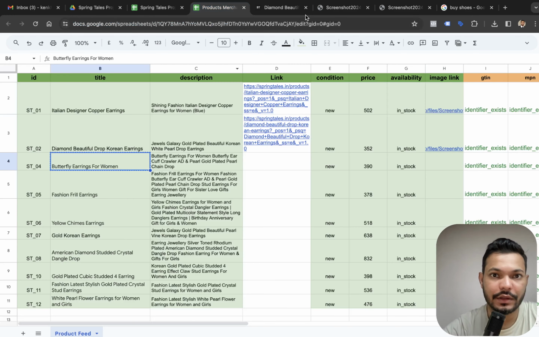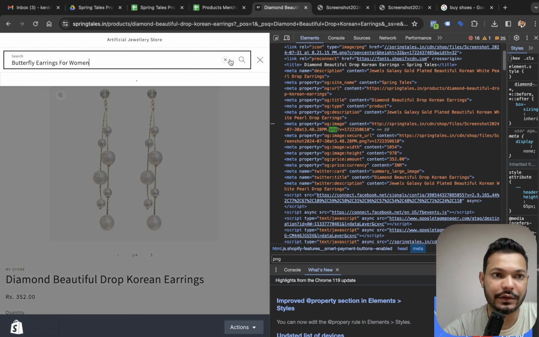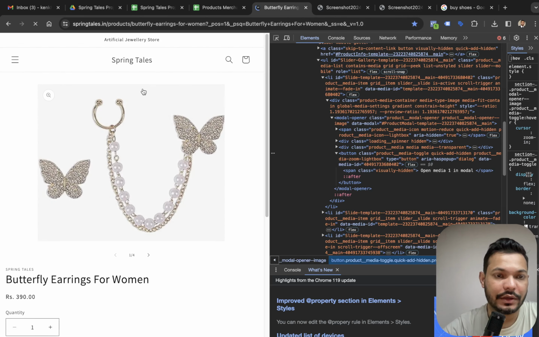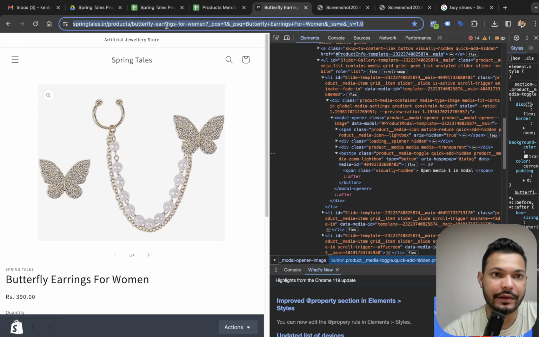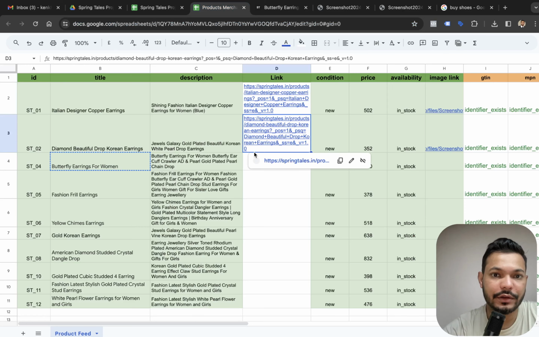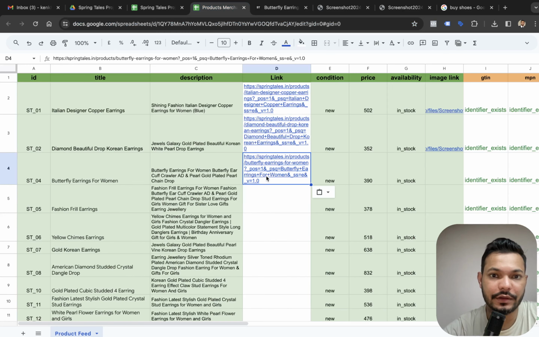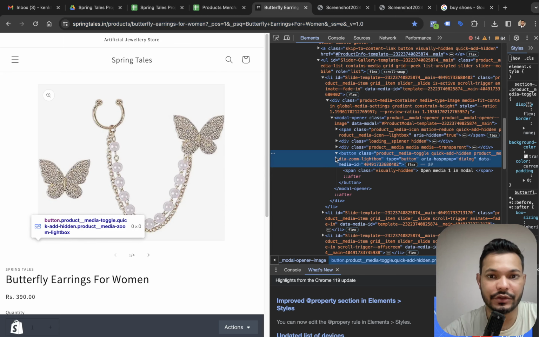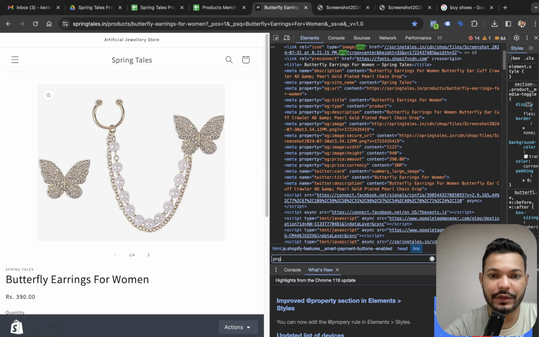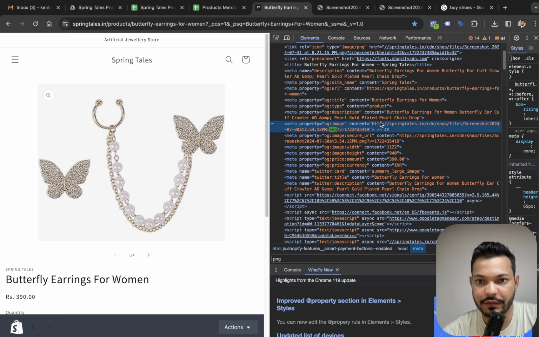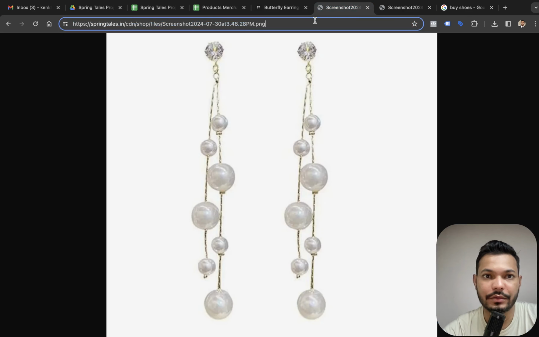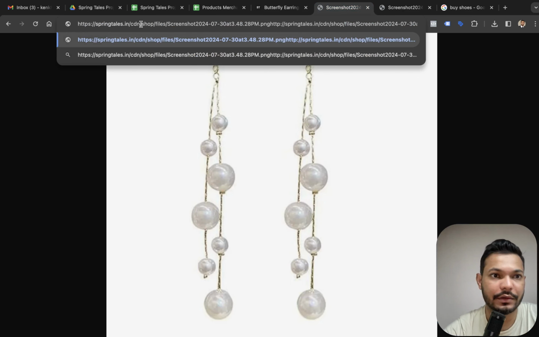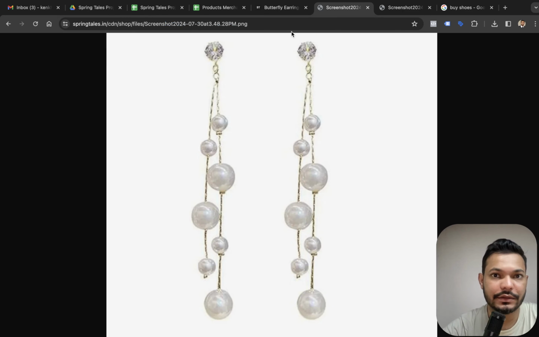Then for the third one, again, I have to copy and paste it in the product search bar. Then I have to copy it, put it in the link. This is the link for this product. And then I have to find the image link by simply clicking on the right side and then inspecting this image. Control F, use PNG. Let's check. Okay, here we have the content. I copy it, paste it, and before entering, I remove everything after PNG. And I guess, oops,